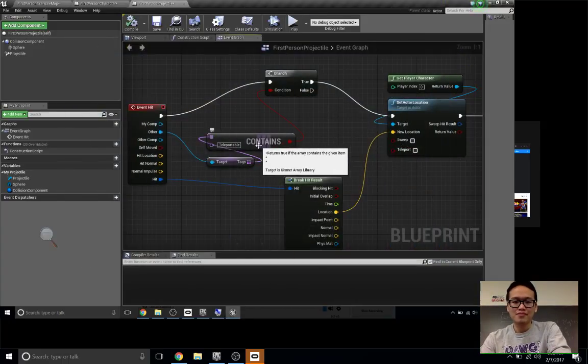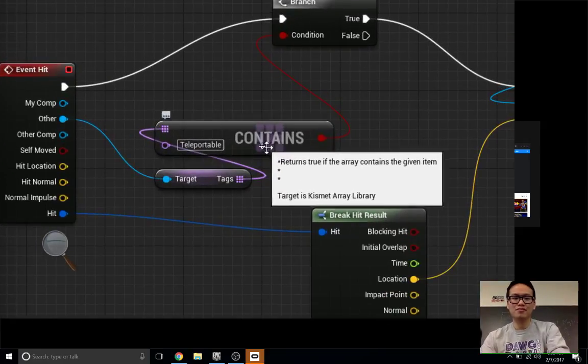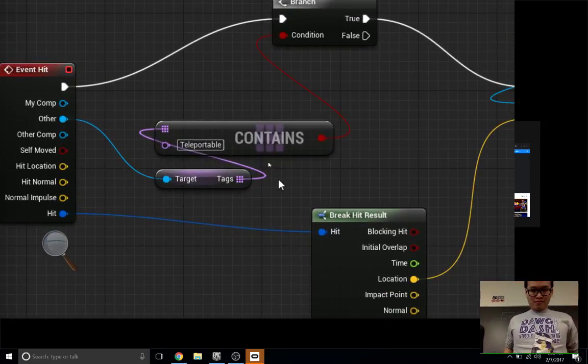That's a good point. You'll notice that the contains node doesn't take in execution. Anything that's a read memory operation, you don't need it, because it could be done via a macro. So this if statement is a branch, right? The branch is an if statement. You can imagine this contains thing as the expression that you'd put in the if parentheses. So that's why it doesn't need its own execution.